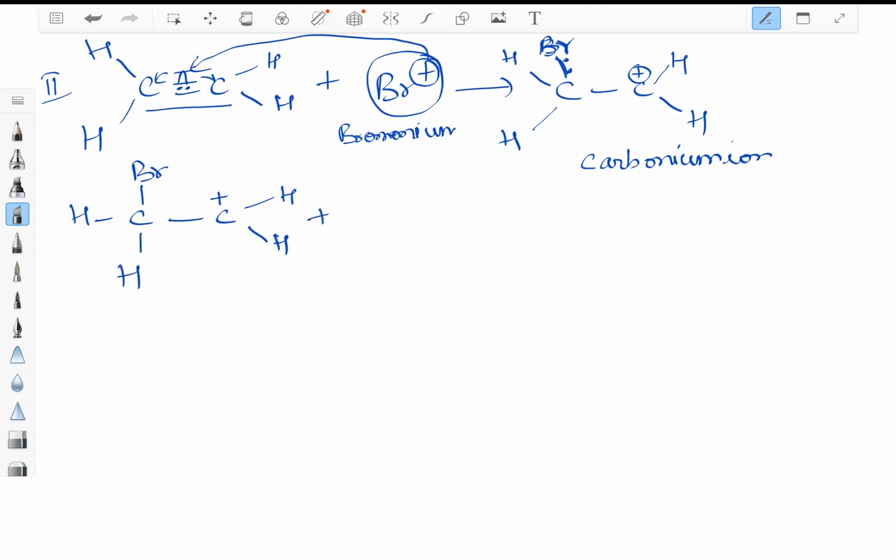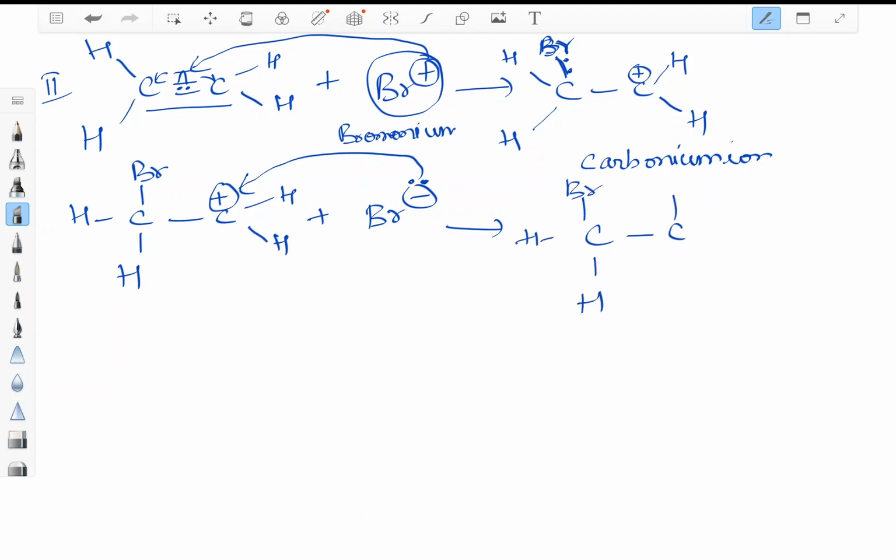It reacts with Br minus. So what are we using? In the second step we are using Br plus, which we have prepared in our first step, that is the bromine ion. What is left over? Br minus, that is the nucleophile or bromide ion. Because this is positive and this is negative. Negative means electrons, two electrons. This goes towards the carbon where there is positive charge, and these two electrons form a bond here, and this leads to the formation of C-C. Already Br is here with two hydrogens.